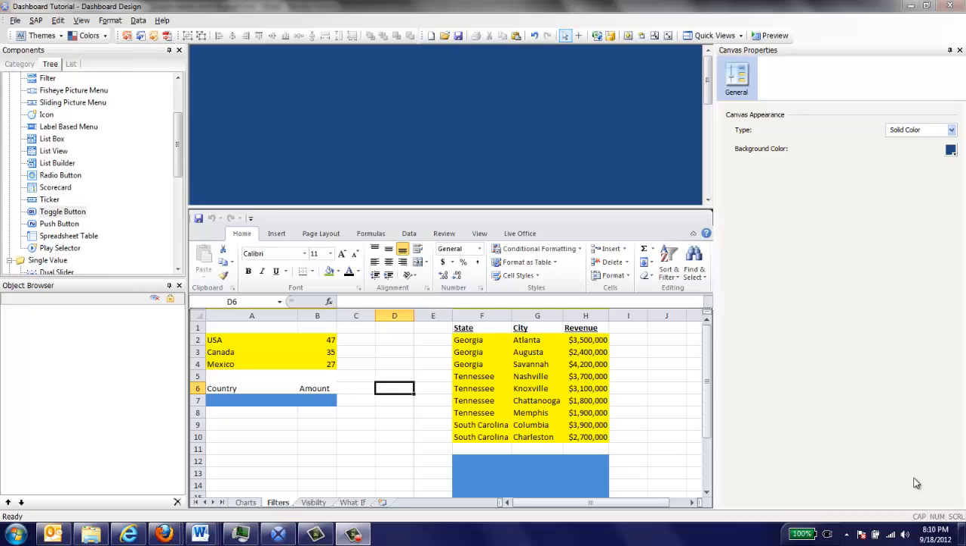This video is on adding filters to our dashboard. Adding filters to a dashboard requires a little bit of pre-work before we can begin. In this first example, we're looking at USA, Canada, and Mexico. Each of these countries has a particular value added to it. What we want to do is to be able to select a country and see the corresponding value shown on